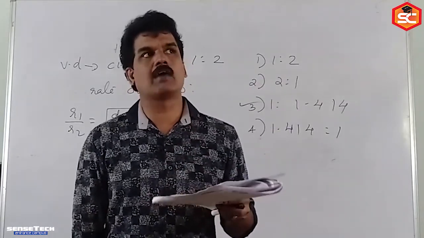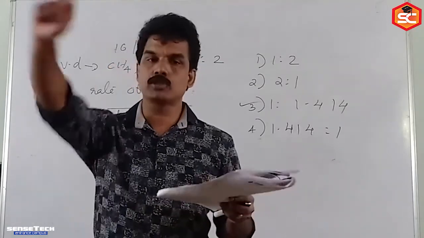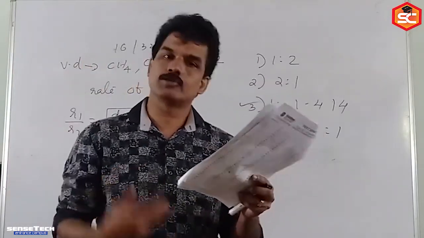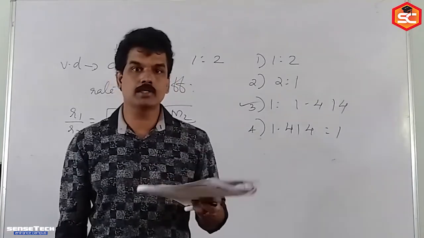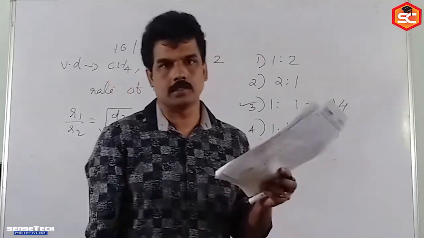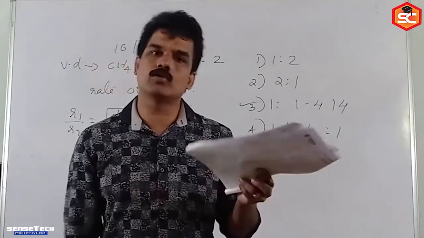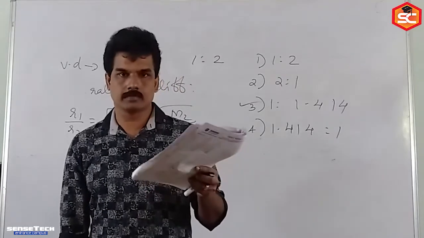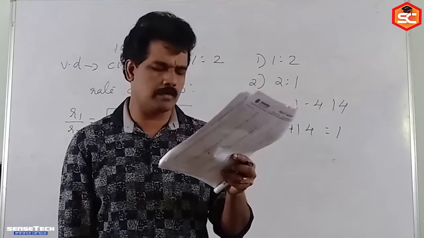How we can calculate the average kinetic energy is equal to 3/2 RT. R is constant. So at the same temperature it will be the same. Average kinetic energy is equal to 3/2 RT, R constant. So at the same temperature, average kinetic energy will be the same for all gas molecules, because it is independent of molecular mass, only based on temperature. So same as that of hydrogen molecule is the answer.